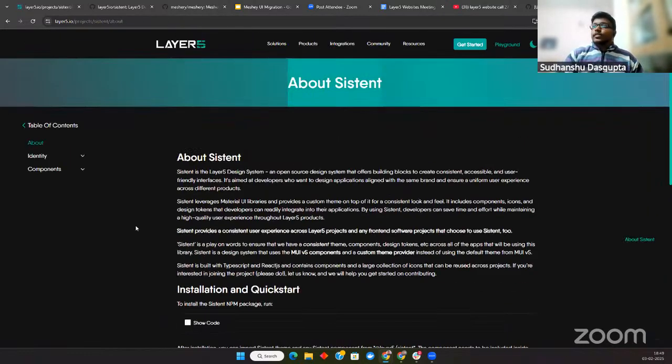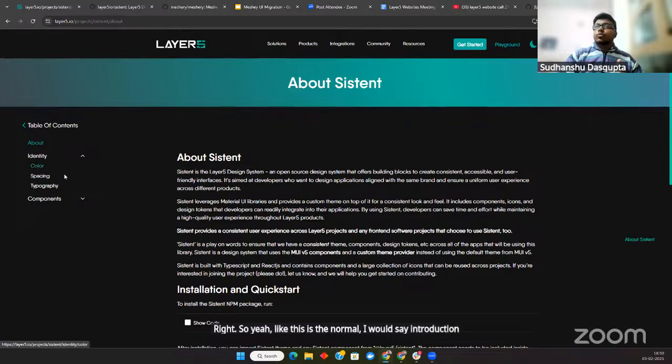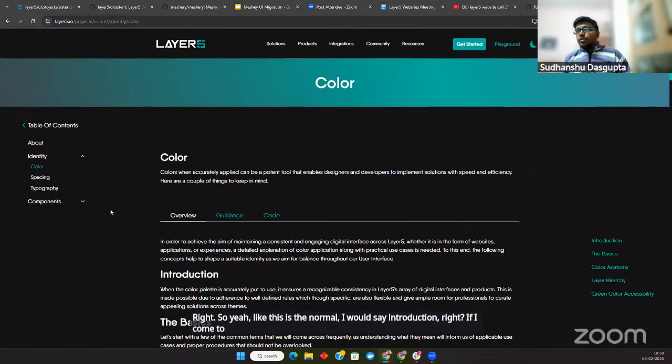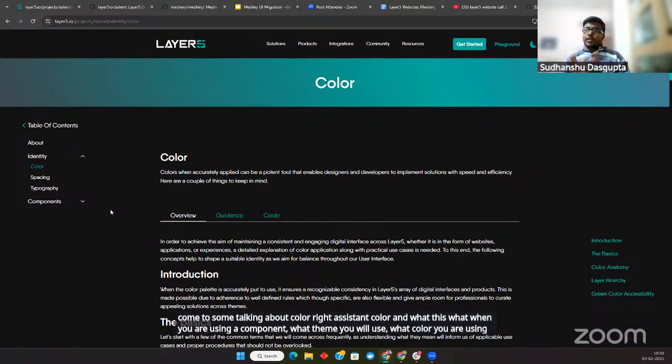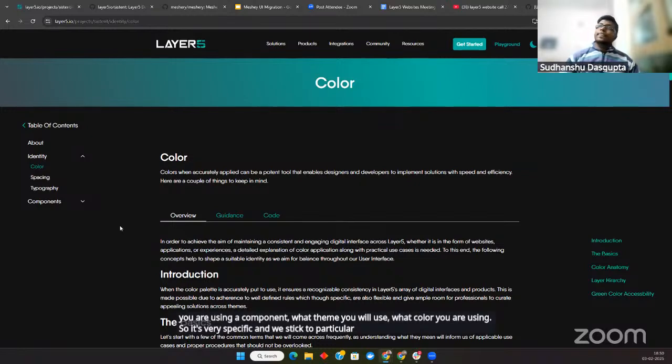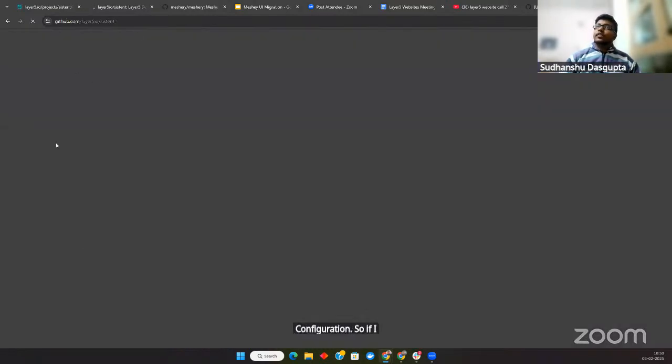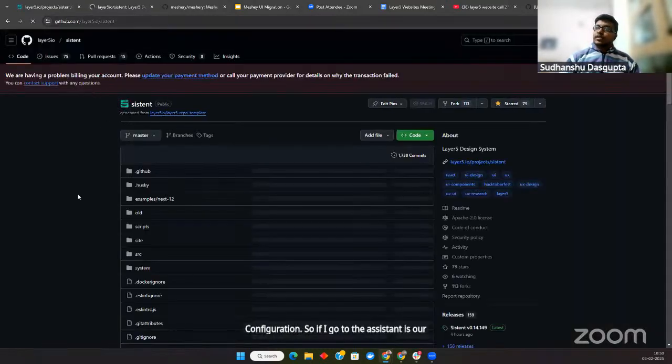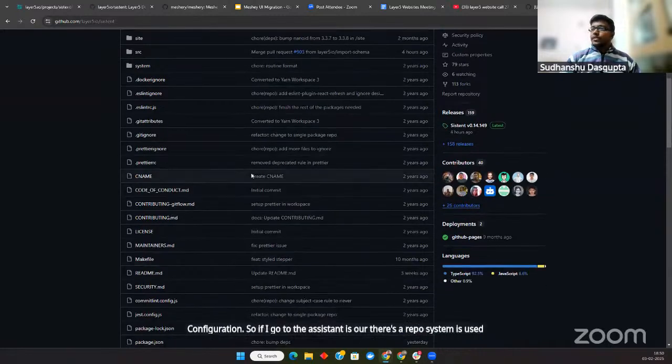So this is the normal introduction. If I come to talking about color, the system color, when you are using a component, what theme you will use and what color you are using is very specific, and we stick to a particular configuration. If I go to the system repo, it's totally based on TypeScript.